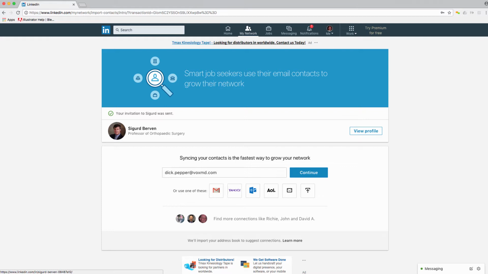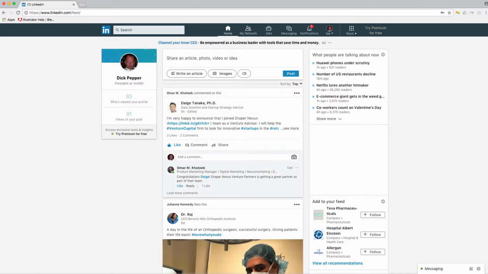Now, as soon as you do this, because they're very big on getting you connected, you can also do connections with exports from Gmail, Yahoo, Outlook, AOL. This is something, if it's of interest to you, now of course you'll want to weed your contacts before you do it. You can upload these contacts and it will find all these people that are possibly on LinkedIn and invite them.